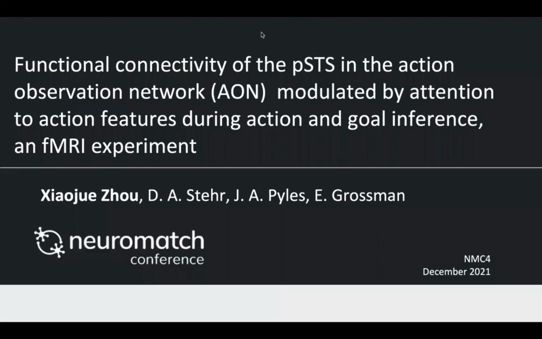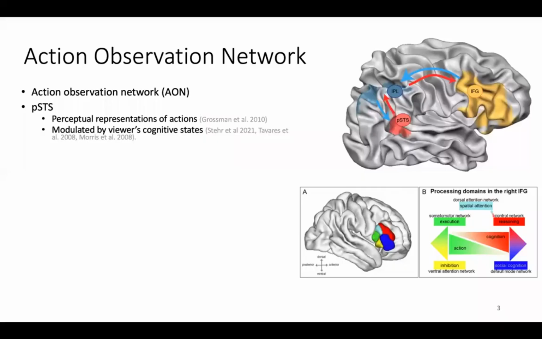Today, I'm going to talk about functional connectivity of the PSTS in the action observation network that is modulated by attention to action features during action and goal inference. First of all, brain regions related to the action observation process usually involve what's called the action observation network, which includes